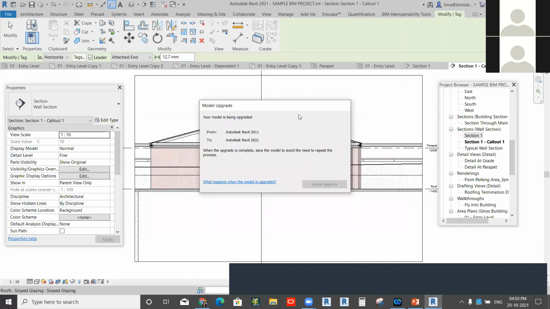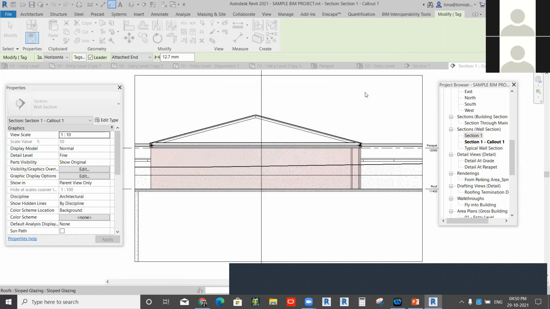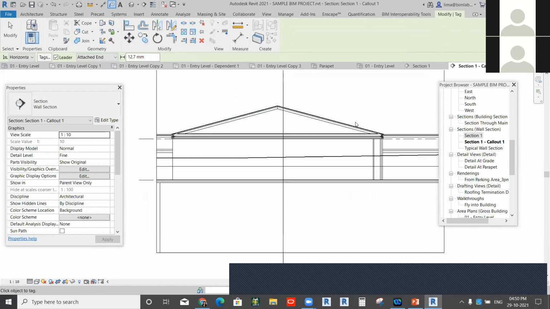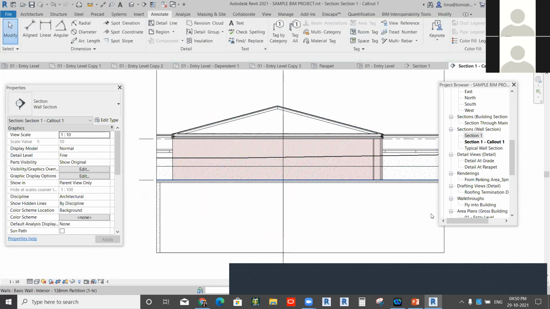Any type of tags, you need to load from the family category itself. Next, you can create your own tag also.